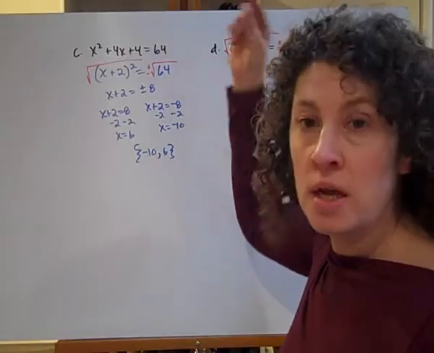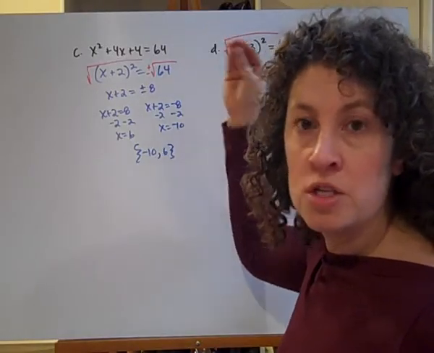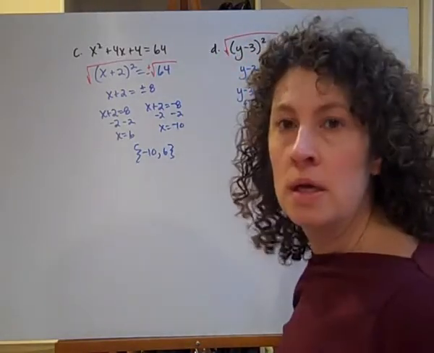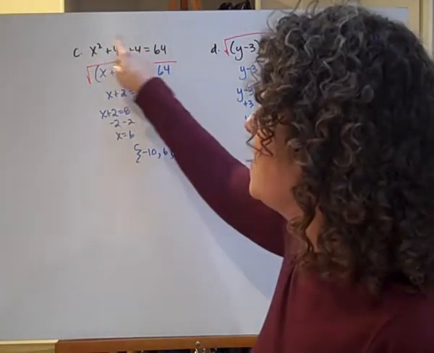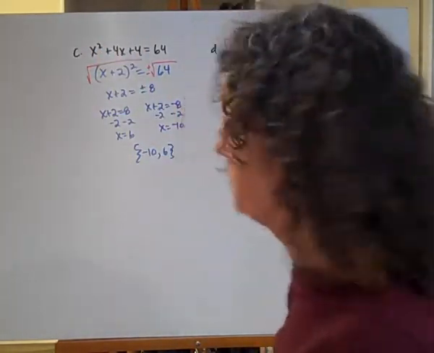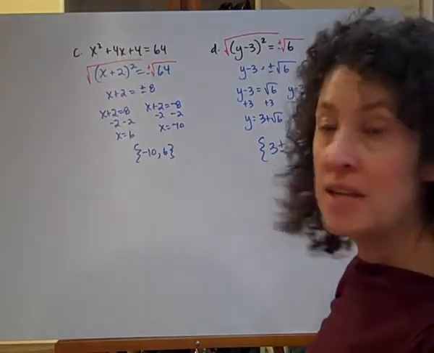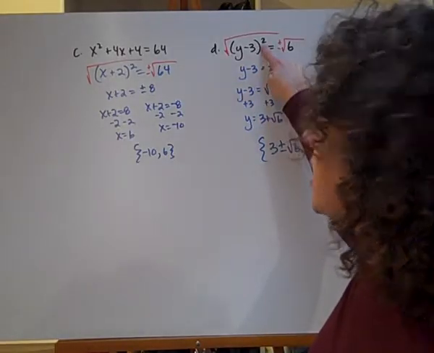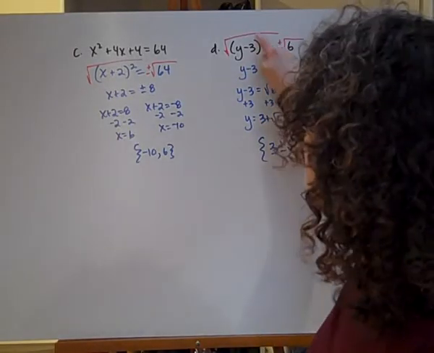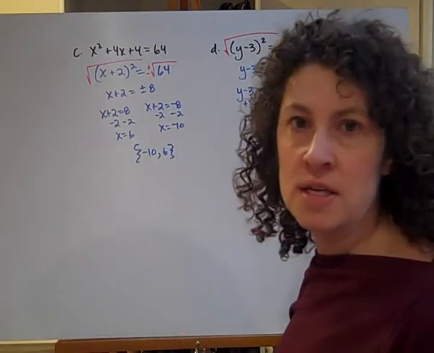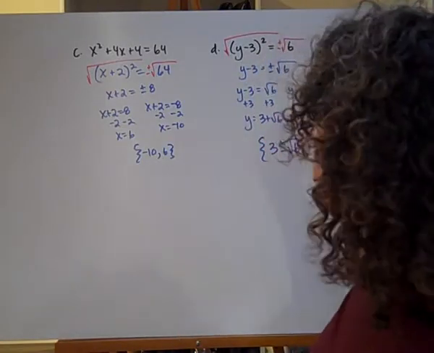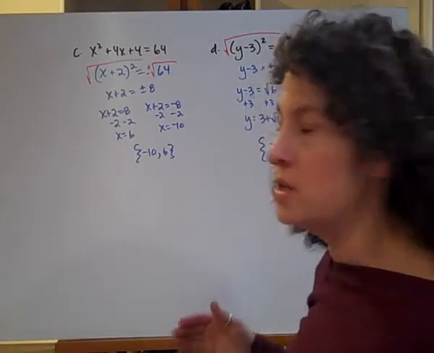Again, notice in this particular case, getting my equation equal to 0 didn't particularly help me. I was actually able to take advantage of the fact that I have a perfect square here. All right, my last one, I have (y minus 3) squared equals 6. So this is already factored on the left-hand side, and I see that it's a perfect square. So I'm going to take the square root of each side. I see that I can just do that.